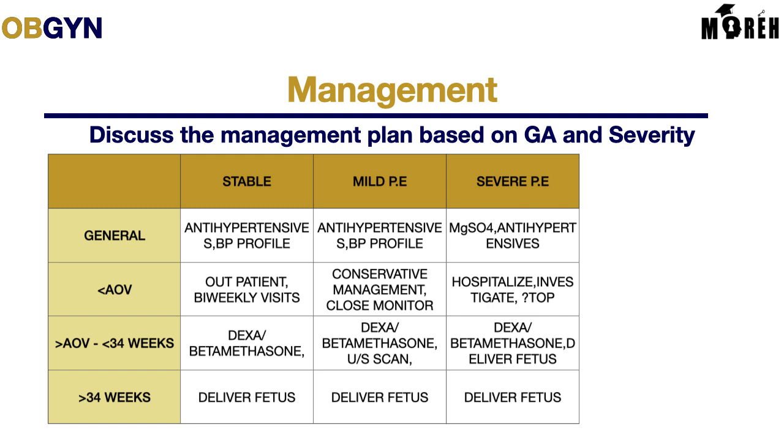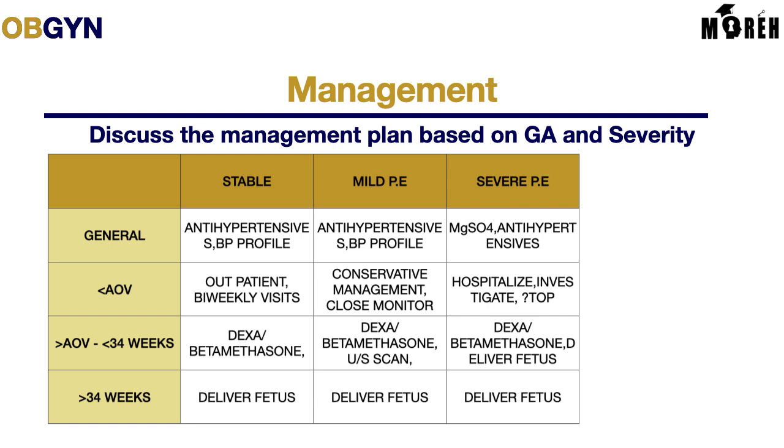In all severe cases of preeclampsia, we hospitalize the patient. So we admit the patient, do the investigations, and we want to do the LFTs and the renal function tests, and look for HELLP syndrome. If there are signs of compromise to the mother, where the pregnancy is more harmful to the mother than helpful, we may consider a termination of pregnancy. But that's in discussion with the